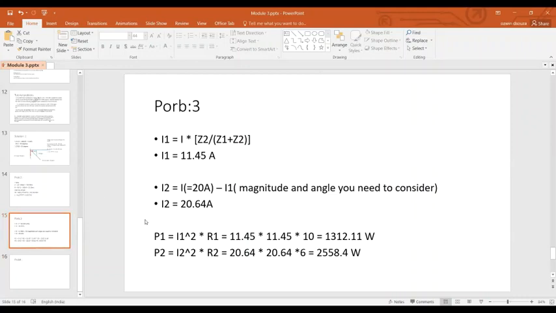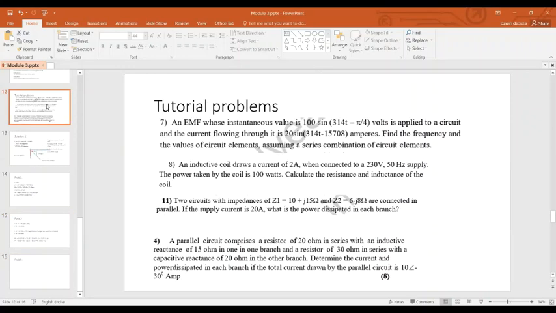That's okay, small variation is fine. You're getting 1311 watts and 2556 watts, just 1 watt and 2 watts of difference. That won't be an issue. Fine. So that's about problem number 3. And problem number 4